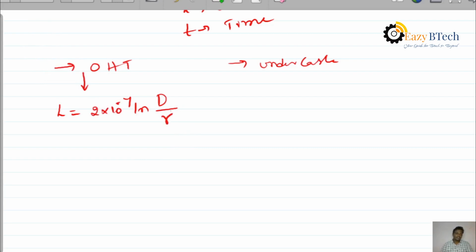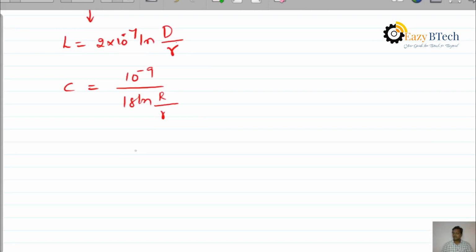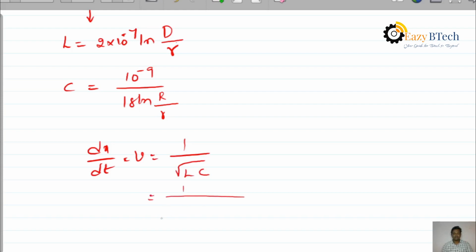Now the capacitance value for an overhead transmission system is 10 power minus 9 divided by 18 ln D by r, where GMD is capital R and GMR is small r. Now substitute in the velocity of the waveform. I am representing dx by dt equals v. The v equals 1 by root LC. Substitute the L value and C value here. It is 1 by root of 2 into 10 power minus 7 ln D by r